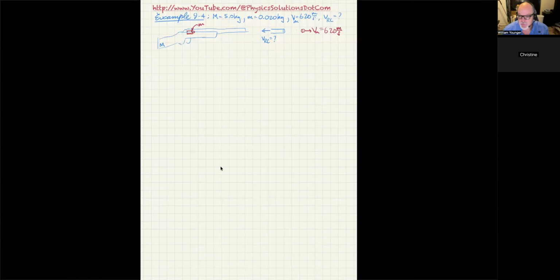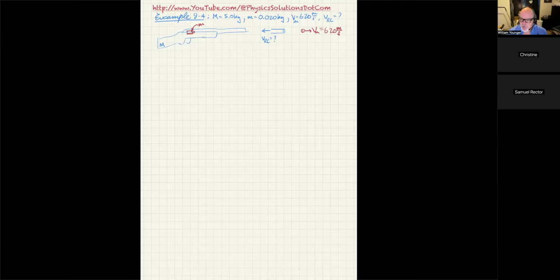recoil speed. So if you've ever shot a gun, especially a rifle or a shotgun, you'll know that when you fire, you feel a little kickback like this. Of course, if you do a handgun, especially a higher caliber handgun, you'll feel some kickback too. What's really going on there is initially the gun and the bullet are all in one location and they're not moving at all. So when you look at the system, which I'm calling the bullet plus the gun, they're not moving initially, so the initial momentum is zero.